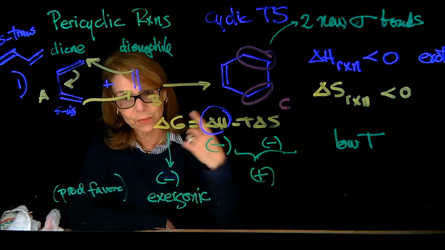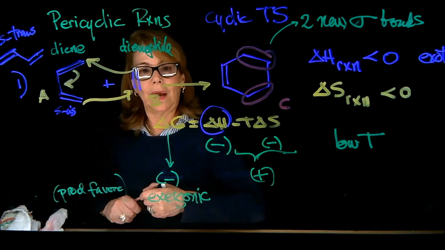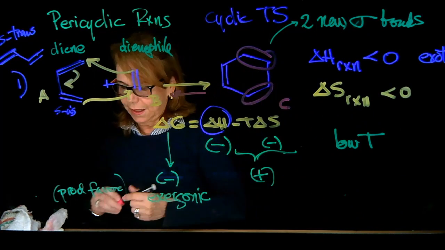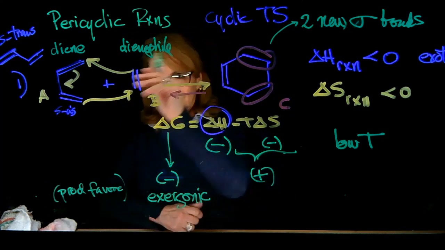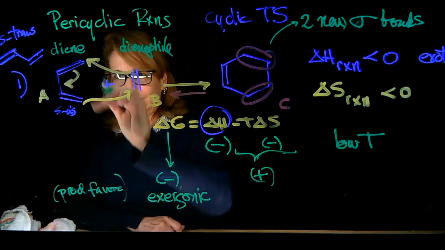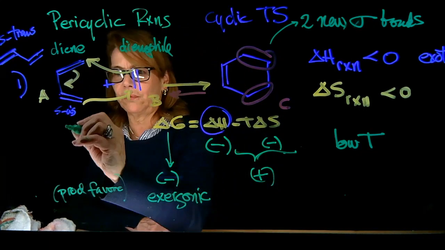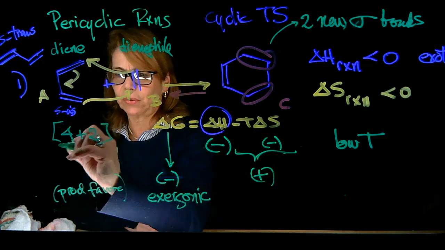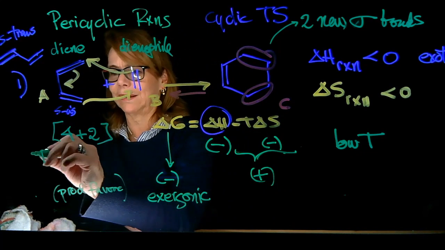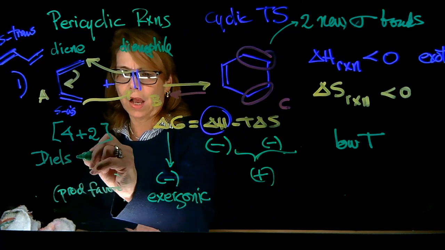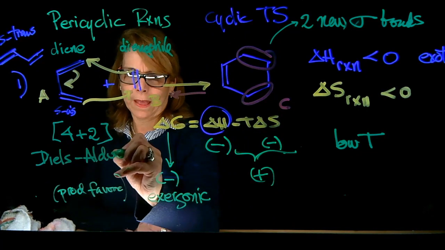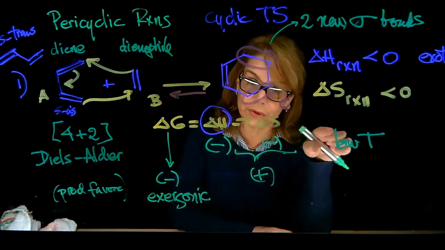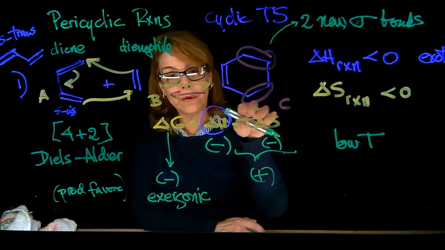Now, these reactions, we're going to see later, can also be reversible, and in fact, this can break if the temperature is higher. This particular reaction with this diene and this dienophile is called a 4+2 cycloaddition, and we also know it as the Diels-Alder addition. So at low temperatures, we're favoring the cycloaddition, the Diels-Alder. If the temperature is higher, this